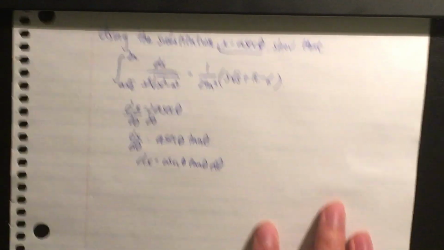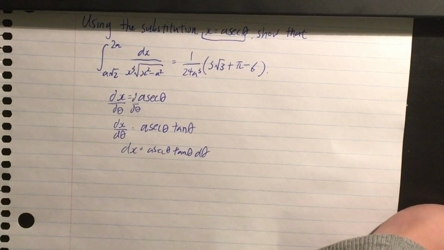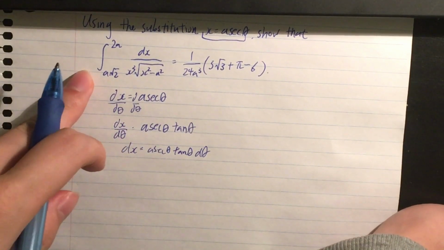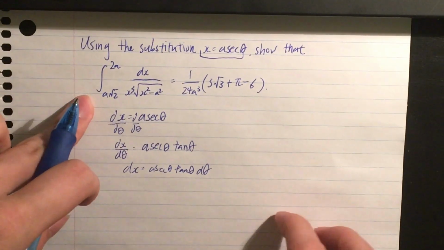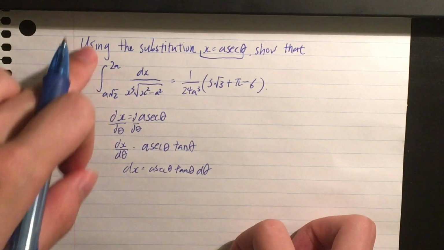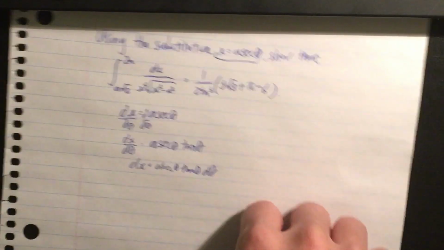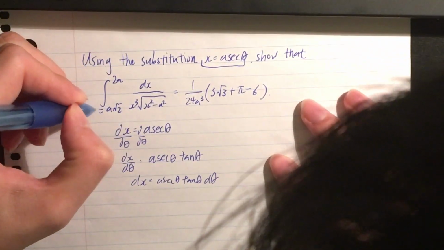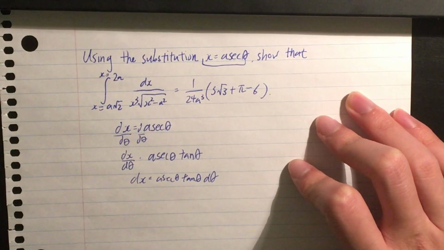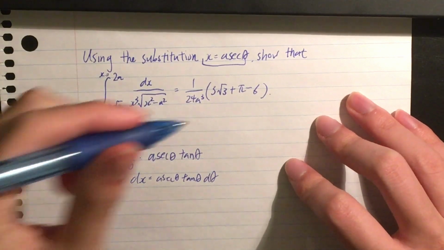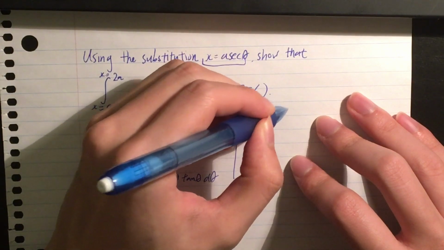Now, if this was for indefinite integrals, we would be done. But remember that for definite integrals, we must change the bounds of this integral as well, right? Because right now, the bounds represent the bounds for x, and we need to change it to the bounds of theta. So we're going to do something called change of bounds,